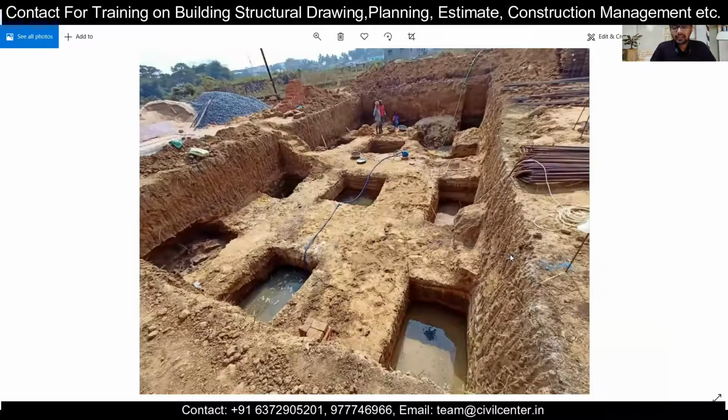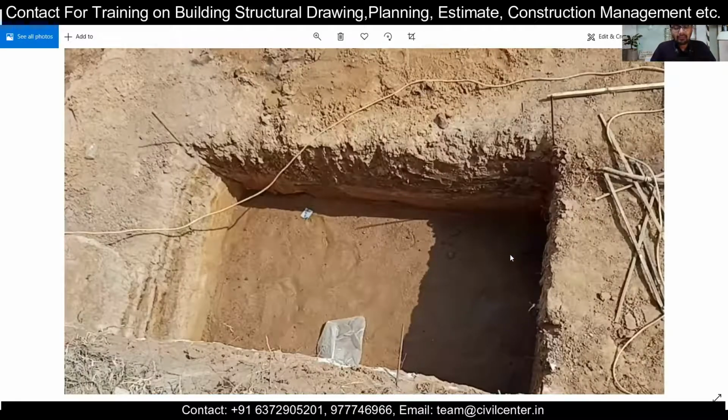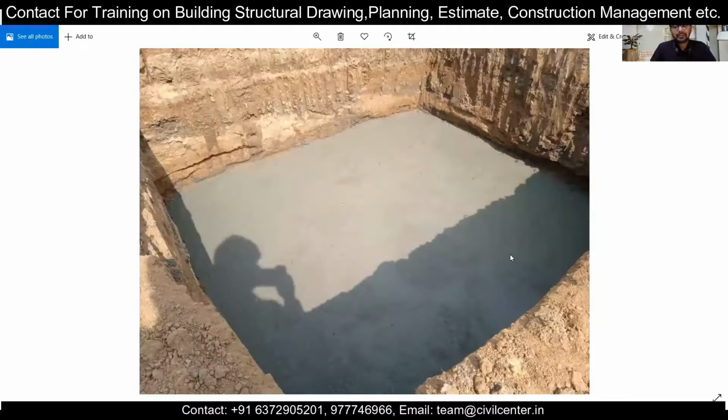This is a picture of the same site, before sand filling and after sand filling. After sand filling, all the water has been absorbed. In places where you have this problem of water, you can do extra. If normally we have 100 mm sand filling, you can go 50 mm extra in places where a little water is coming out. This way, by absorbing the water and not allowing it to come up, it helps prevent segregation of the concrete used in the next step, that is PCC.